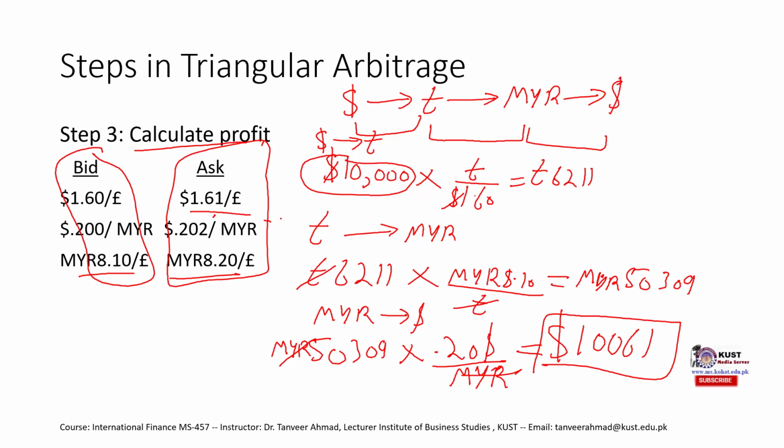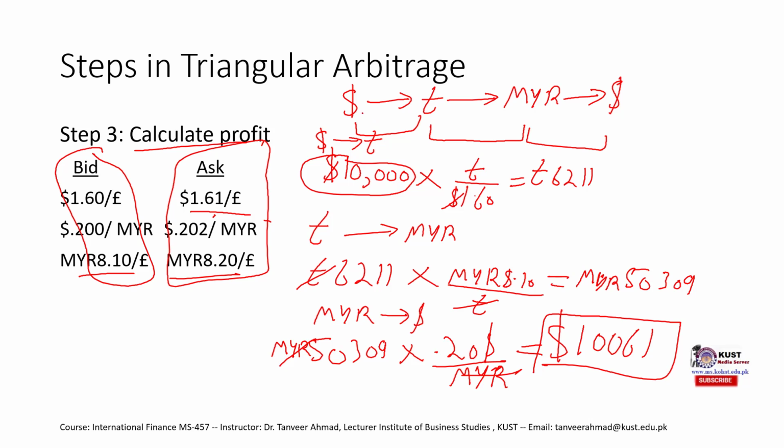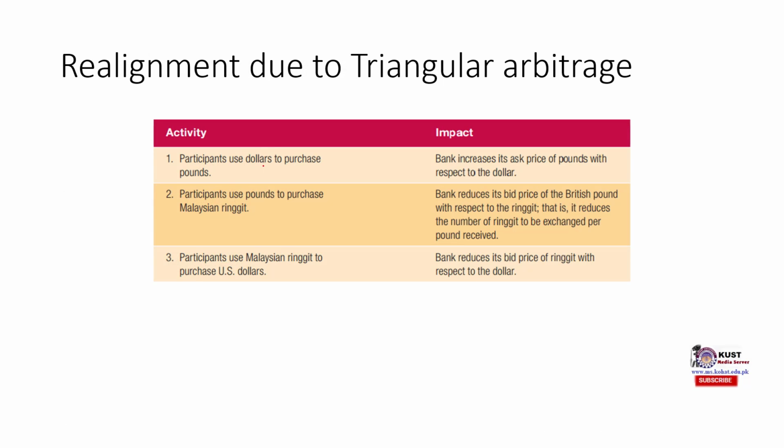Okay. So moving forward towards the realignment due to triangular arbitrage, what realignment means is that investors exploiting this triangular arbitrage, earning profit from it, would create some kind of changes in the exchange rates in a way that triangular arbitrage would no more be feasible for future investors. So first, if we go back, what are people doing? They are selling dollars and buying the pounds. So if people are selling dollars,